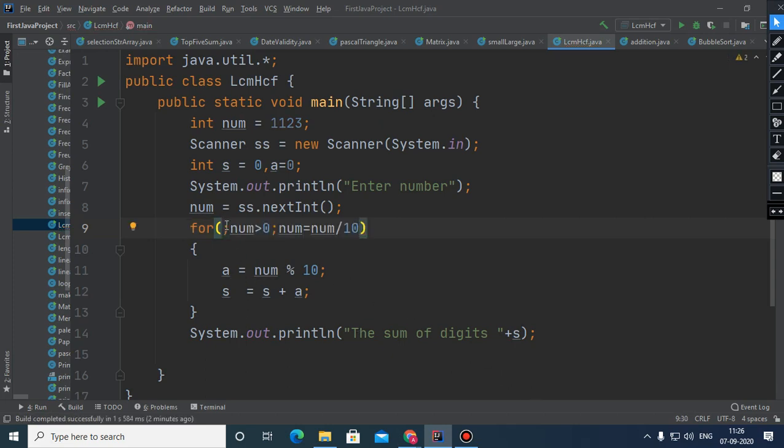I have not written the initialization part, no issues, because I am going to use the same num variable, and num we have initialized before the loop. So that is not the issue. And here I have written while num is more than 0, this is the condition, and it tells us how long this loop will go. So this loop will go till the number is more than 0.